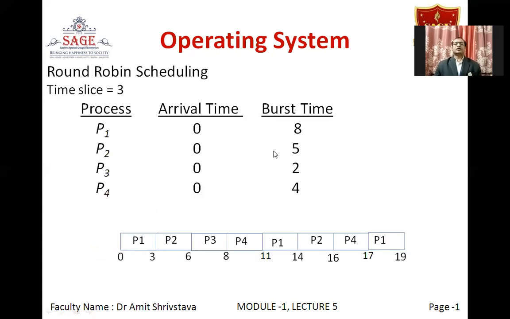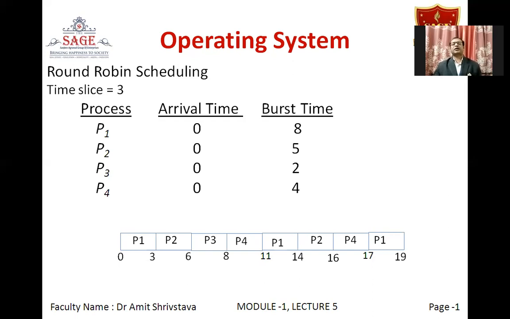Fine. So the next algorithm which we will be studying is the round robin scheduling algorithm. This algorithm is normally used when we have multiple users and we allot a small time slice to every user, so that each and every user will feel like he has the CPU with himself all the time, because the switching is so fast. So the user feels like the CPU is with him only all the time.